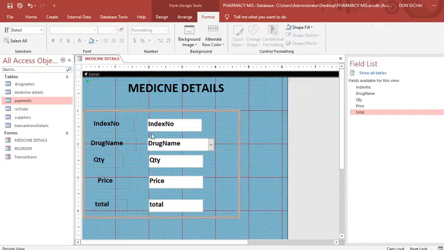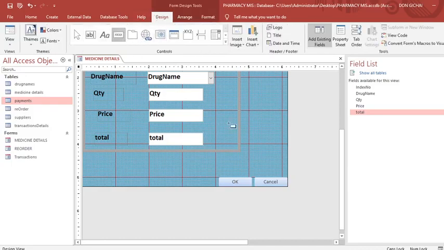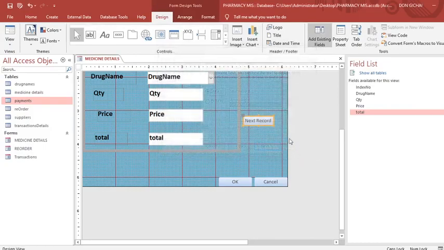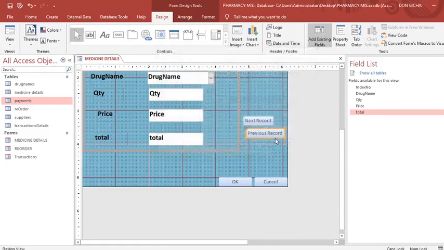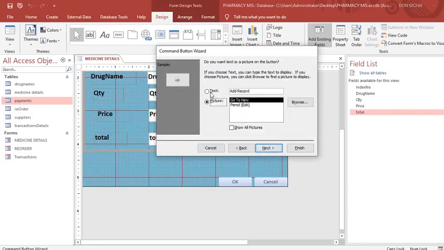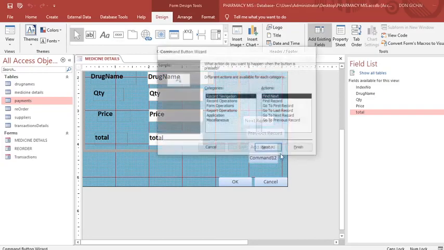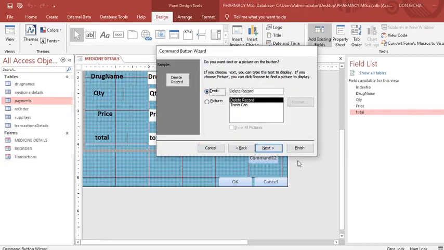Then go to design, we draw the buttons here, go to next, then we can draw the other one, go to previous, then we also draw another one for record operation, add a new, and also for deleting the record. For our record operations, delete the record,